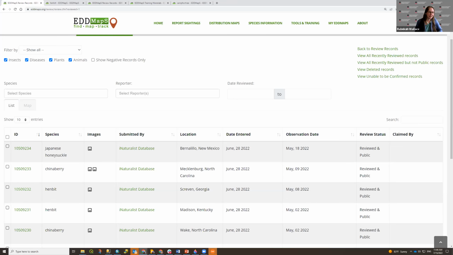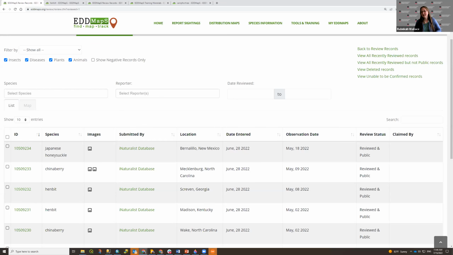If you can prove it wasn't it, then making the record negative makes sense. If it was in fact something like, instead of zebra mussel, it was quagga mussel, then it makes sense to change the subject because you're going from one very concerning invasive species to another very concerning invasive species that needs to be managed and monitored and tracked and so on and so forth. But if you're talking about something that you have no way to confirm or not, that's where that unable to confirm can come into play.